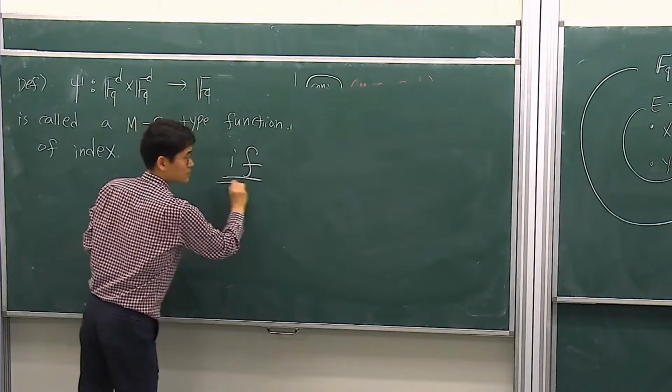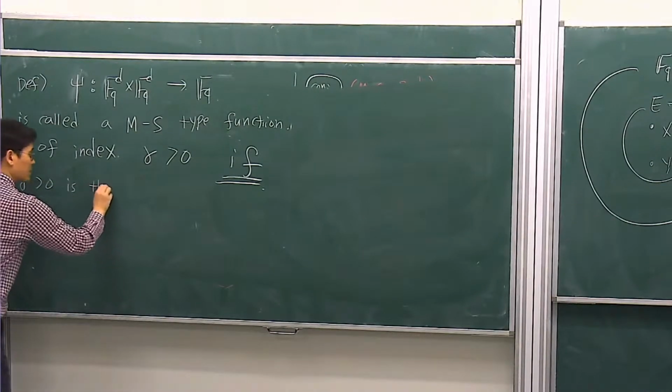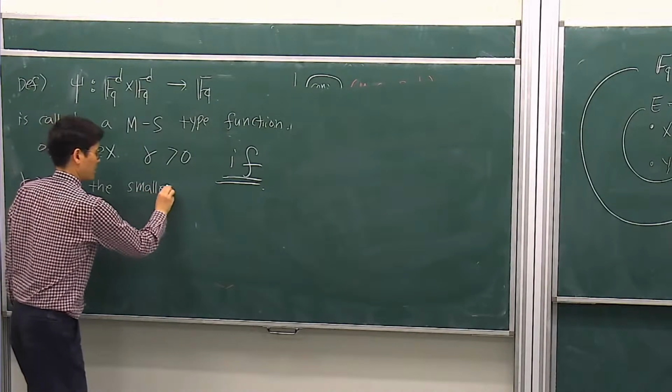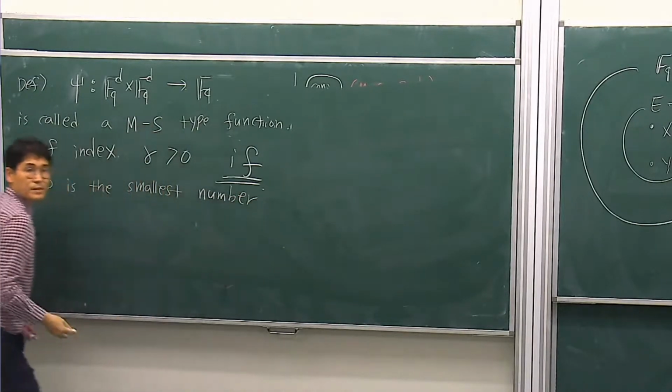What is the definition of this? This gamma is the smallest exponent, the smallest number, such that